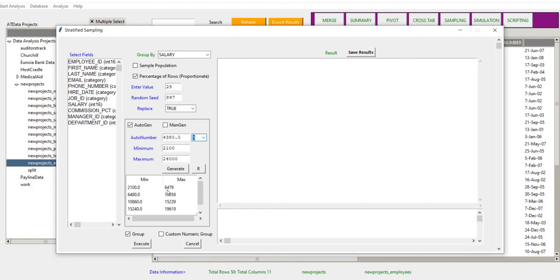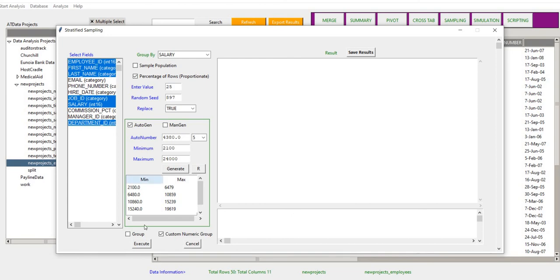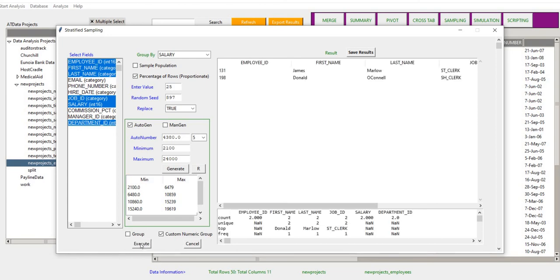So there's an increment of one each time to the next group, using your auto number 4,380. And because I've done a custom strata here, I'm then going to ask the system to calculate based on the custom numeric group. And then the fields that I'd want to see: employee ID, first name, last name. I'm basically picking the fields that I want to see in my sample, salary, and perhaps also the department ID. So the moment I click on execute, this is the strata that I'm going to get,